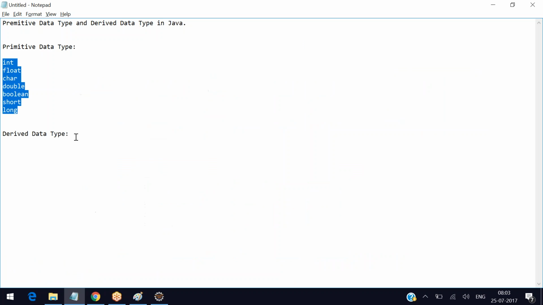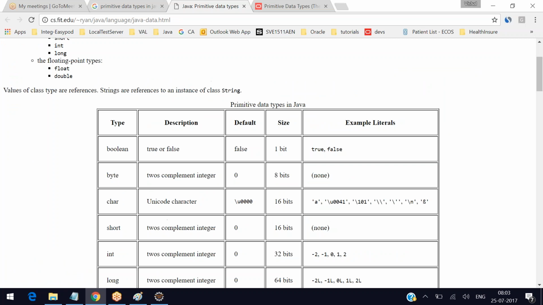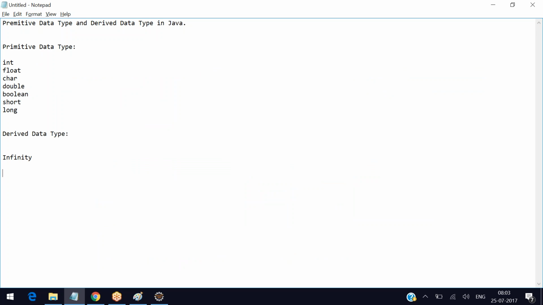How many derived data types, if someone asks you in Java, the answer is infinity. And believe me, infinity. Why it is infinity is, if you create a class called class A,